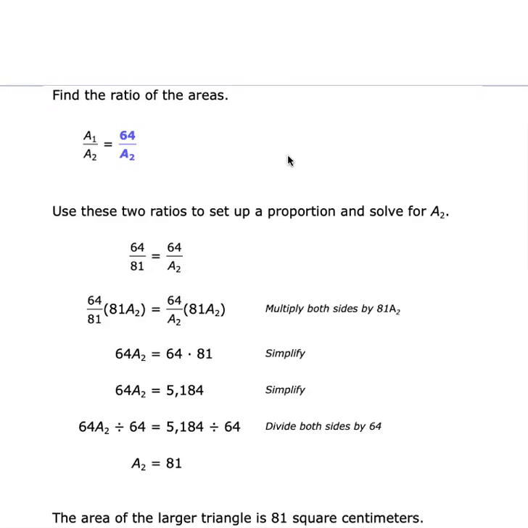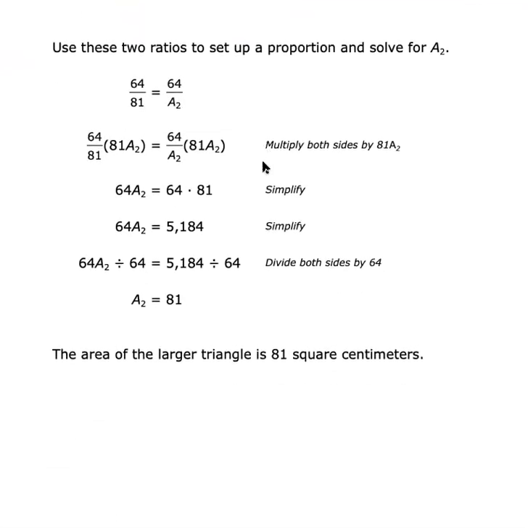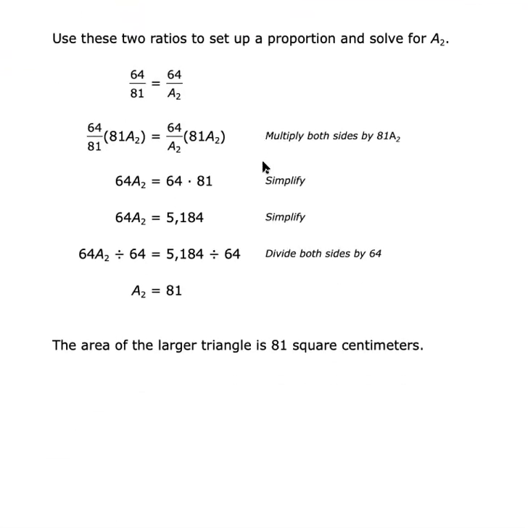So A1 over A2 is going to be 64 over A2. So you're going to set this up: 64 over 81 equals 64 over A2. Find the common denominator, it's going to be 81 times A2. So you're going to multiply that to both sides, and you're going to simplify it out. And eventually it's going to be down to 64 A2 equals